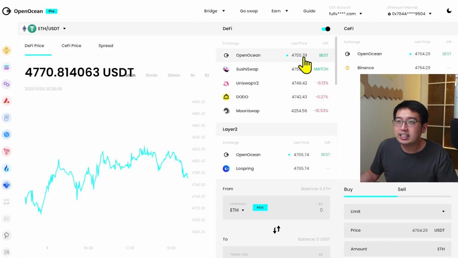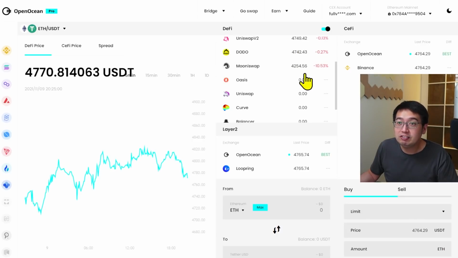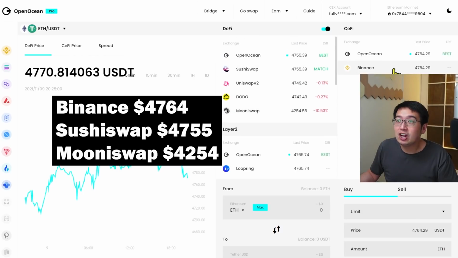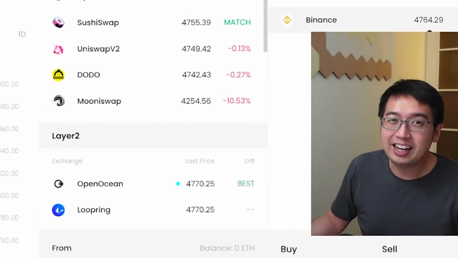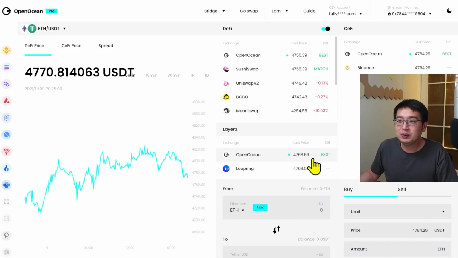So you can see that here in the DeFi section that the most we can get for our USDT against ETH is $4,755 actually, and on Binance it would be $4,764. We're getting full value. Back at this view, you can see that there is a layer 2 section where you can trade on Ethereum